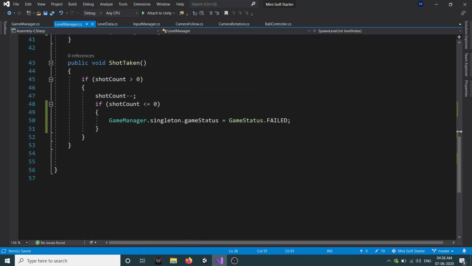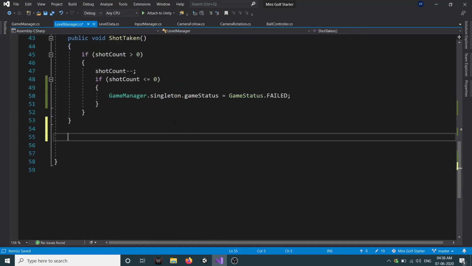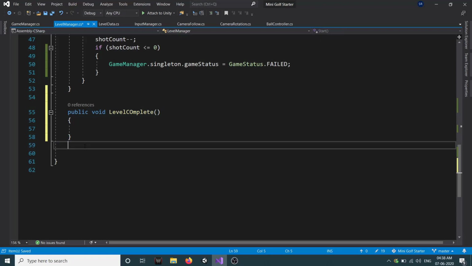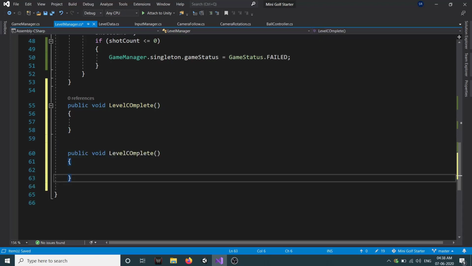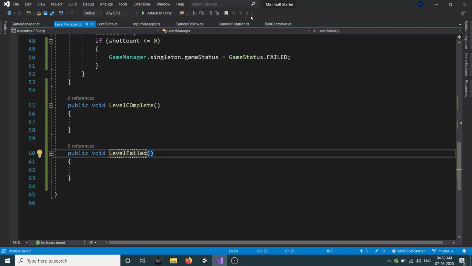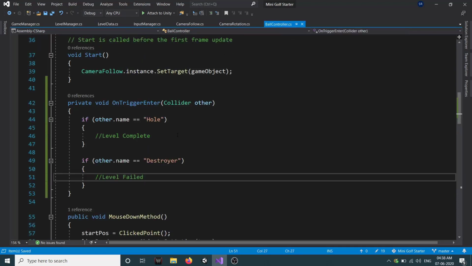Let's go to our level manager and let's create a method. So public void LevelComplete, and let's copy this and paste it here, and instead of LevelComplete it will be LevelFailed. Now in our ball controller we need to call them.